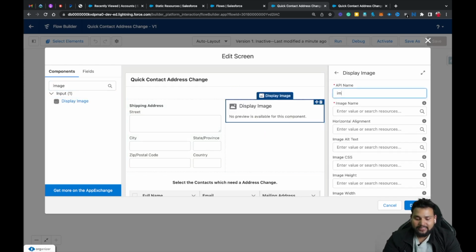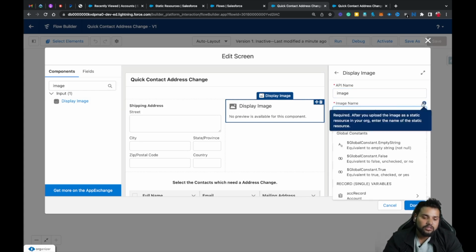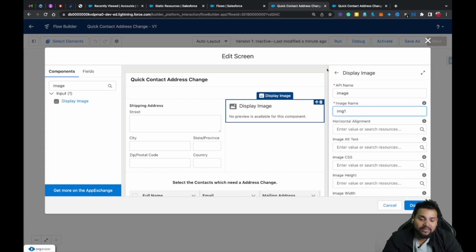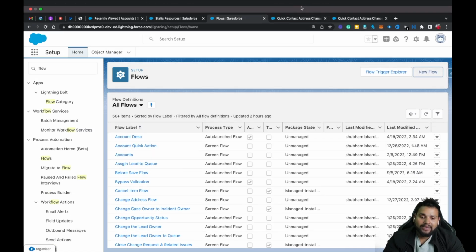In this, let's say in the API name, let's say image, and image name, if you click on this I button, right, it will say after you upload the image as a static resource in your org, enter the name of the static resource. So it is quite clear. Let me just add img1, because I will show you in my static resource there is an image already uploaded that is of name img1. Now let's move back to the flow,